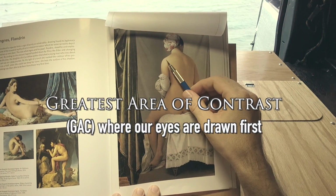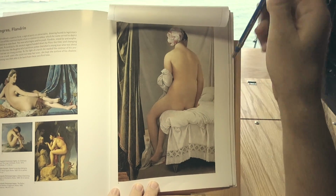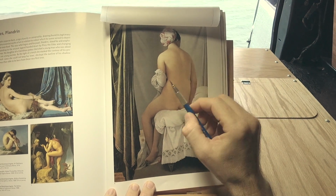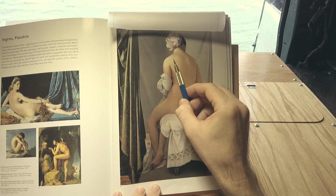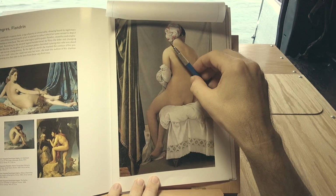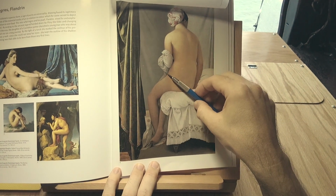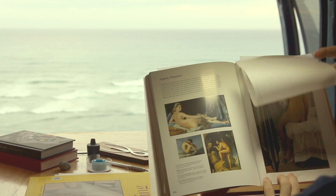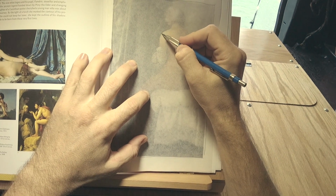So we have a really light shoulder against the darker area of the backdrop. He did this on purpose. You can see how this is darker than this. So he's playing light to dark rhythms across the image. But he wants us to look here first, and guess what? He's got an arabesque coming down here, sweeps around and down her leg there. So we can make note of that. So I just make note,